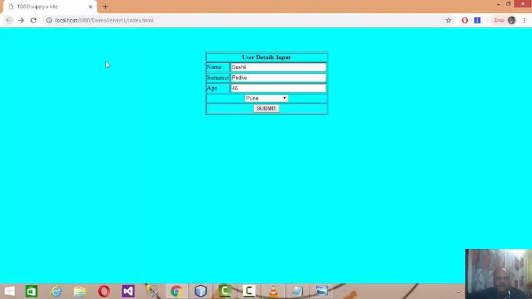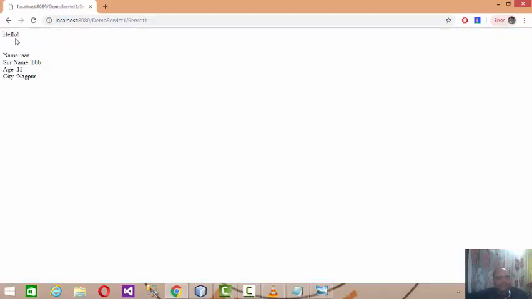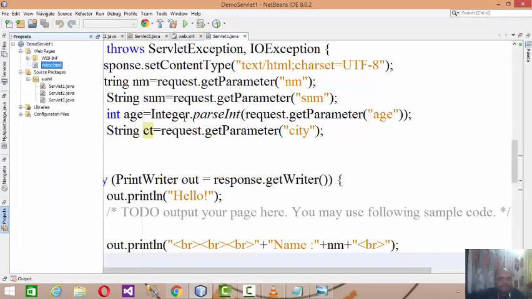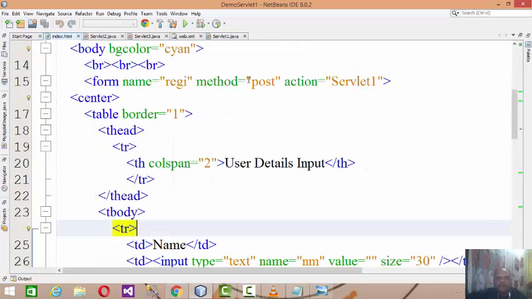So here if you post some other data like AAA or any other demo data, select the age and the city as well, and submit, then on the server side it will read the data and develop the response for him.